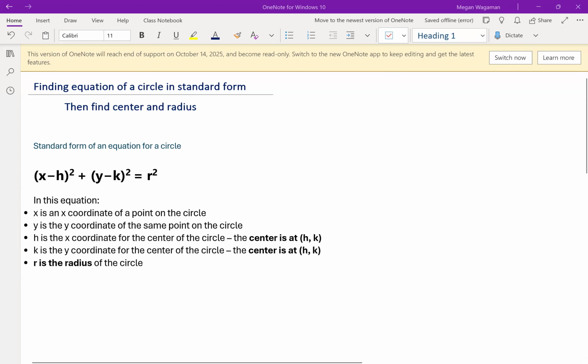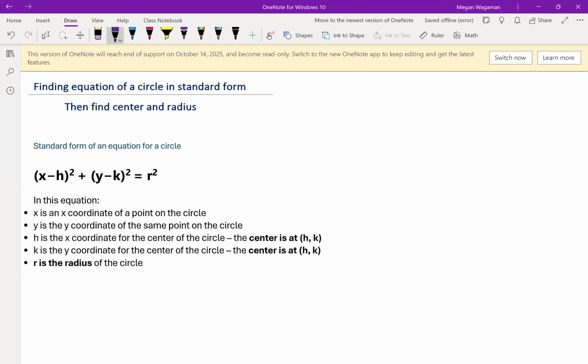In this video, I'm going to talk about circles and how you can use the standard form of an equation of a circle to figure out the center and the radius of that circle. And those are kind of the key things to know, because if you know where the center of a circle is, so let's say you know the center is at (2, 1), and you know that it has a radius of 2,